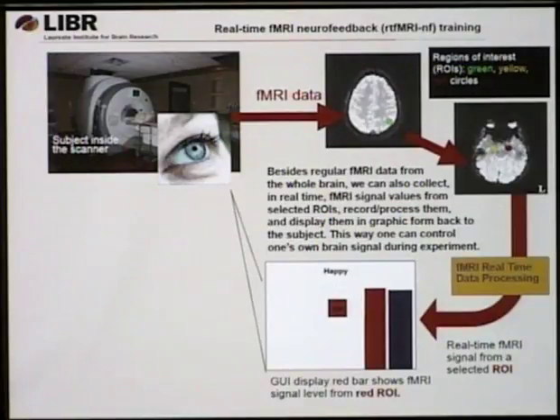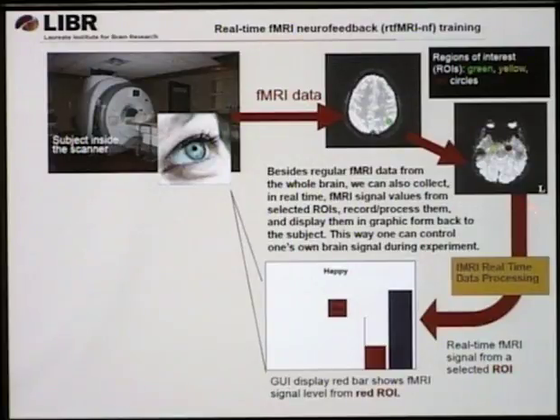We process this data in a computer very rapidly during the experiment, and then we can, for example, pre-select certain brain regions of interest. Here in red is the left amygdala and right amygdala, and this is a brain region engaged in mathematical computation. We can pre-select information from this brain region, in this case the left amygdala, then process it very rapidly, and before